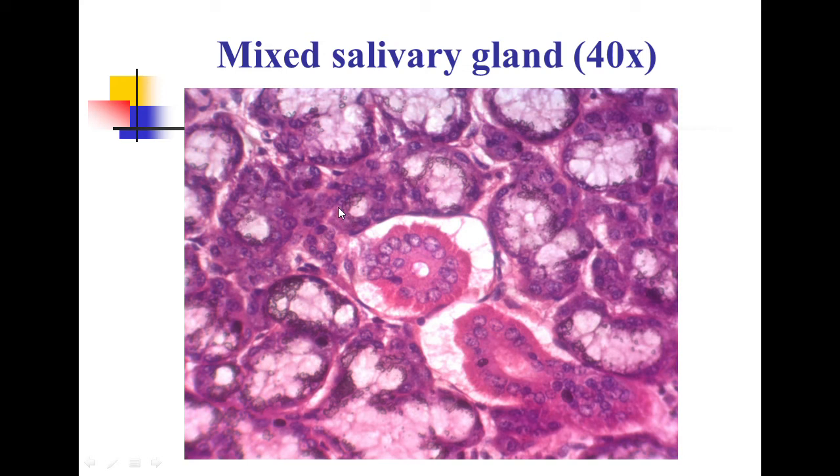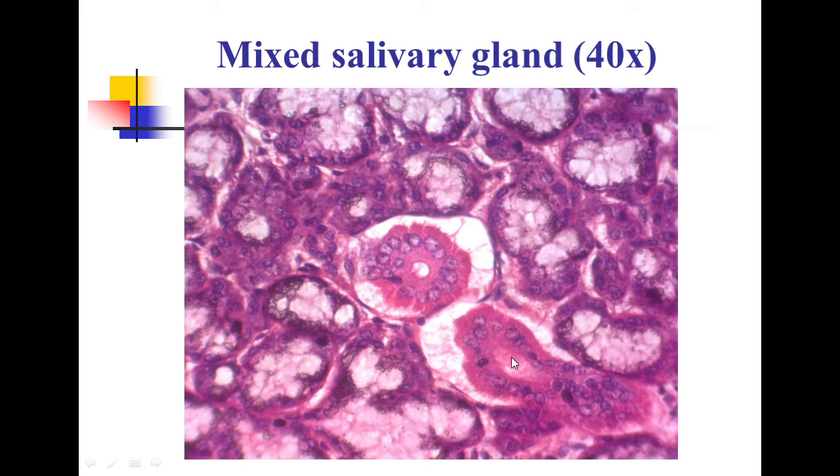So these are the serous acini, and here this is the mucus acinus. You can see the flat nuclei which are peripherally placed. Okay, this is the mucus acinus. Here this is the mucus acinus. You can see this is the nucleus. So you can see the flat nuclei peripherally placed. So in mixed salivary gland, these are the mucus acini, and here these are the serous acini which are darkly stained. In addition to that, this is the duct.